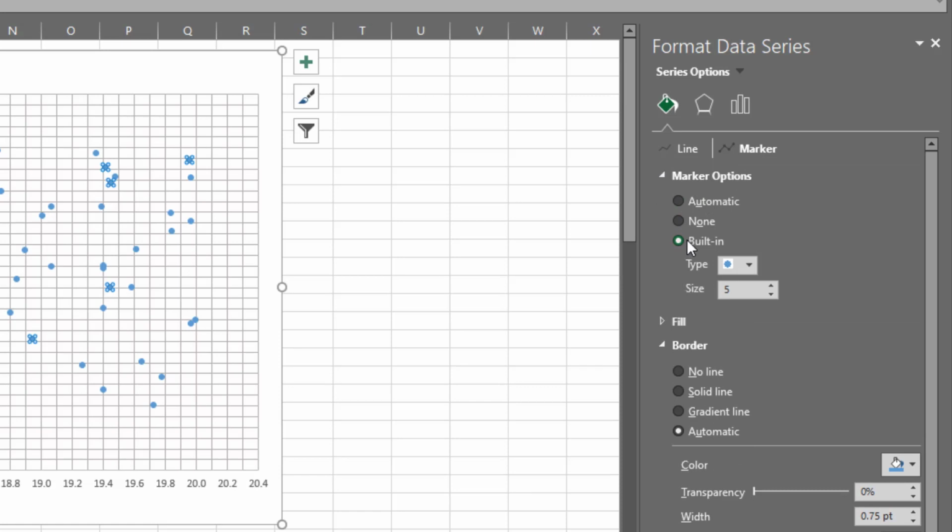Let's say we say built-in. Now here we have the option of different shapes of these dots. Like we will again select the circle and then here you have the option of increasing the size of these dots.